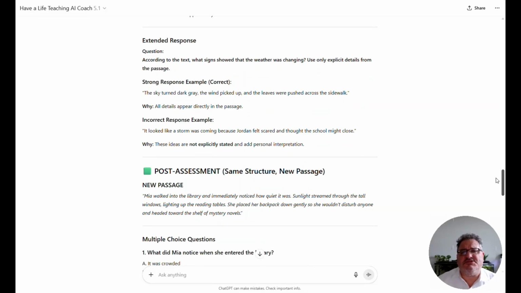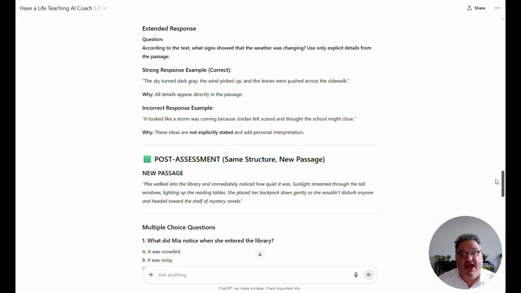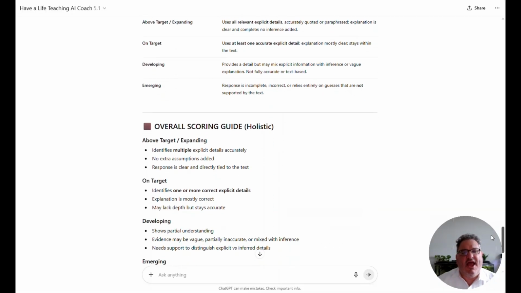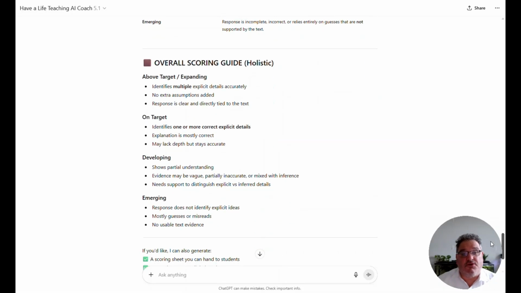But here you see the extended question. According to the text, what signs show that the weather was changing? Use only explicit details from the passage, because again, this is an entry learning target into the overall standard. And again, a building block. You've got the rubric for the extended response, and you've got the overall scoring guide,